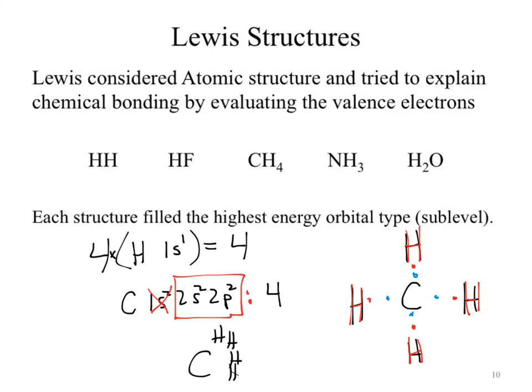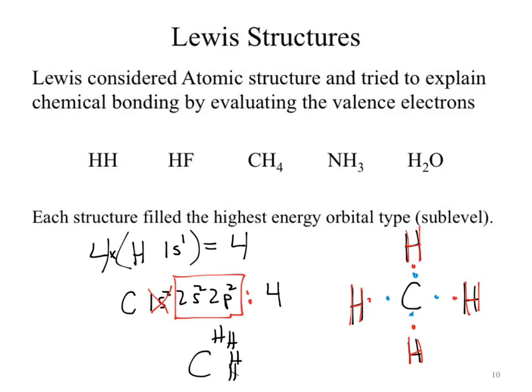Slightly different feature here. When we put electrons into orbitals, where do we put our electrons first? Lowest energy. Where do we put them next? Next energy level, up, right? Then we put them into the p orbital. So in our p orbital, our first electron goes into the p. Where does the second electron go? Not that same p orbital, it goes into a new one. Why? We want to avoid that pairing of electrons. So when we evaluate our carbon and put electrons in, we're going to put our electrons as far away from each other first before we start pairing.